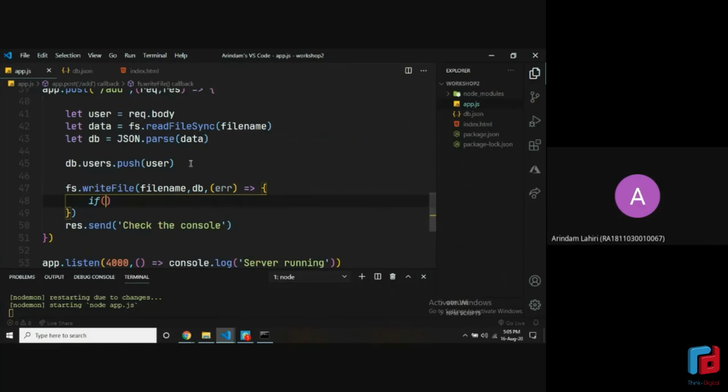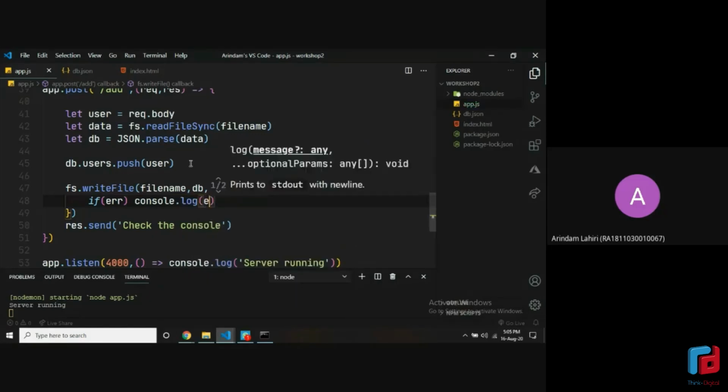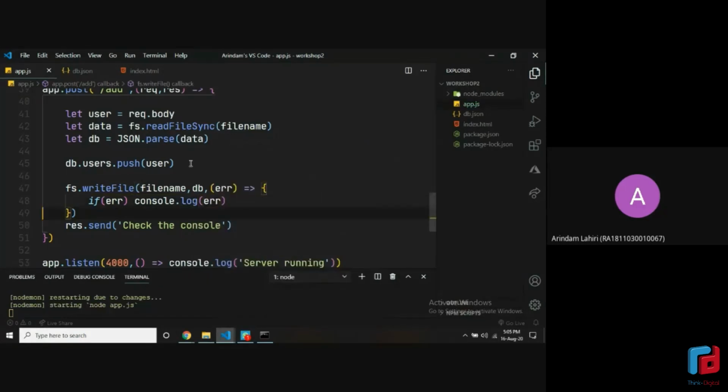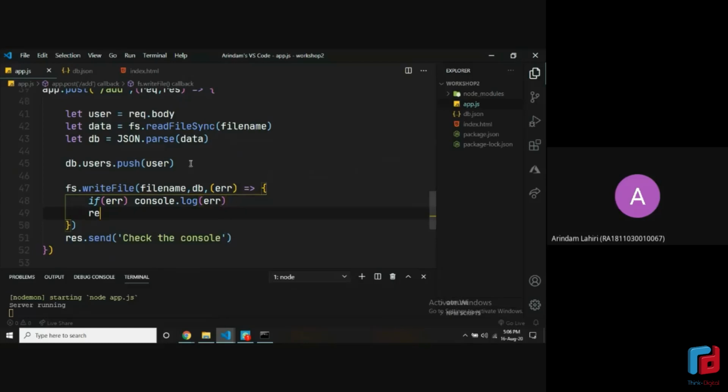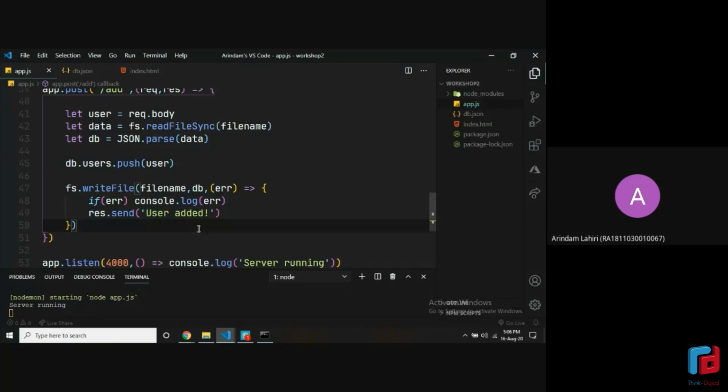So if there is an error, let's just console.log that error. And if there is no error, let's send back a response saying user added. All right. Now we can remove this res.send because we don't need it.